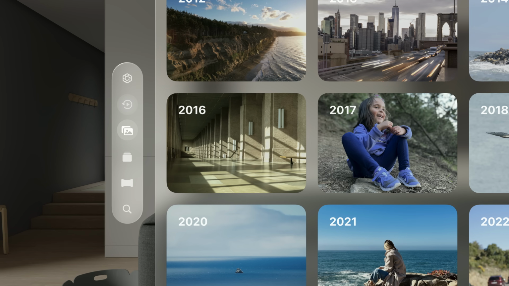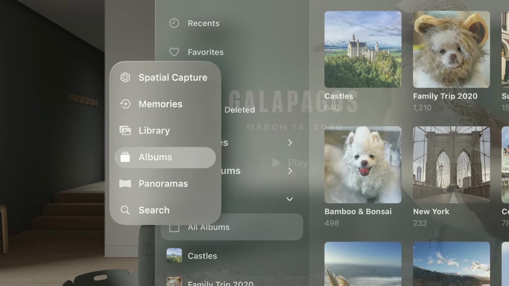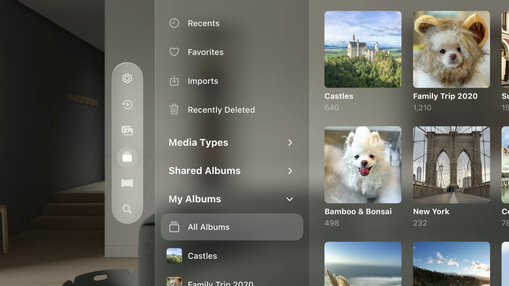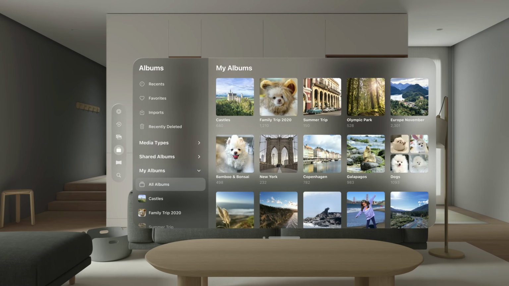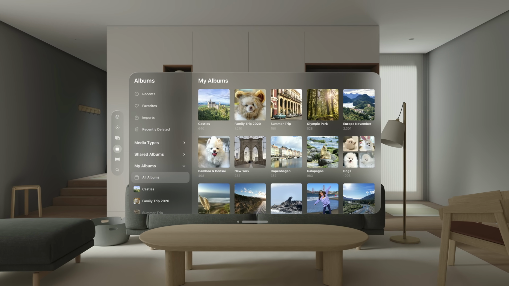When people look at the tab bar, they can quickly select an item, and if they look at it for a little longer, it automatically expands, showing labels for each section. When people look away, it automatically closes again, allowing people to focus on the content. If you need to provide sub-navigation, like within albums in this example, sidebars live in the window alongside the tab bar. This gives people a clear sense of where they are in that tab.